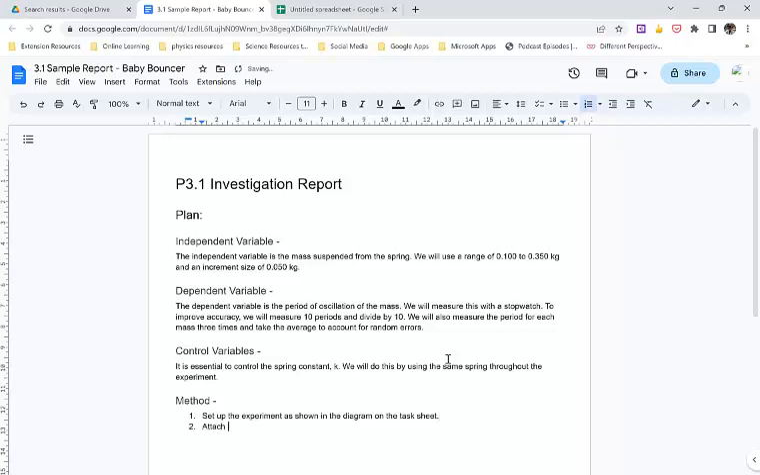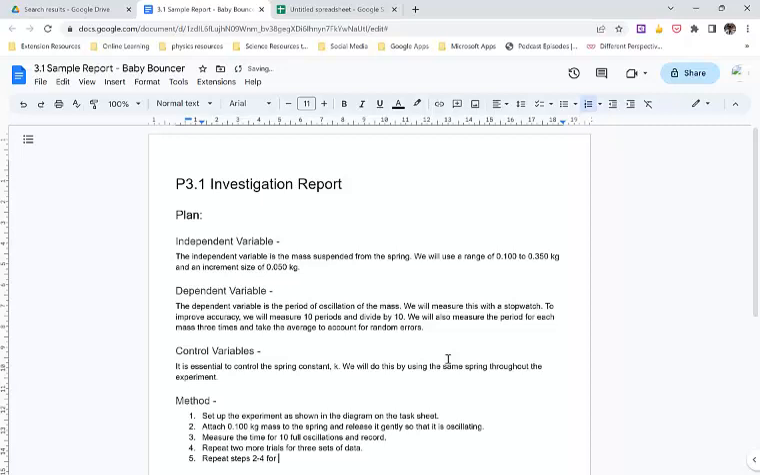Attach a 0.100 kilogram mass to the spring and release it gently so that it is oscillating. Measure the time for 10 full oscillations and record. Repeat 2 more times for 3 sets of data, and then repeat steps 2 to 4